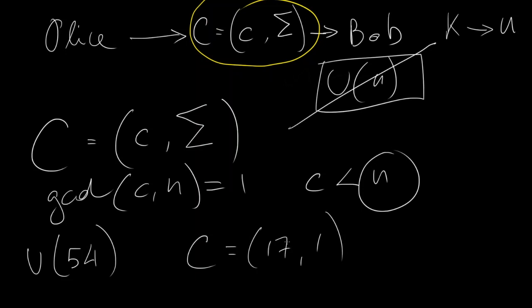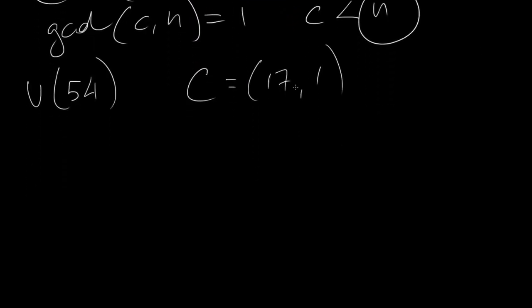So how do I really get 54 from 17? I say first, 17 is prime, so every integer greater than 17 is coprime with 17. So I can be in U18, U19, U20, up to U54,